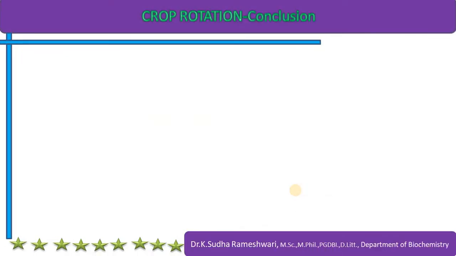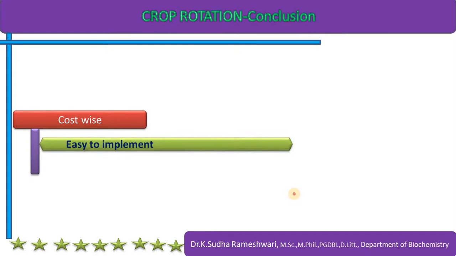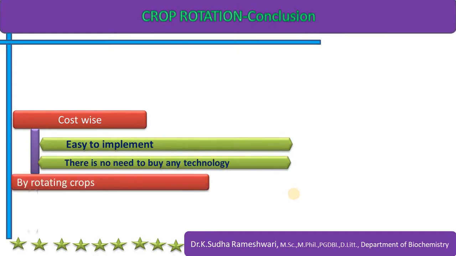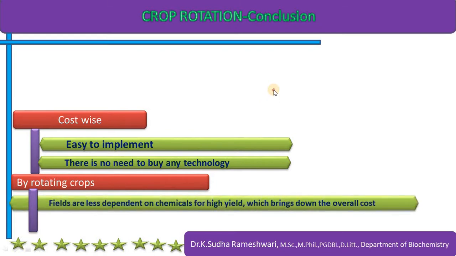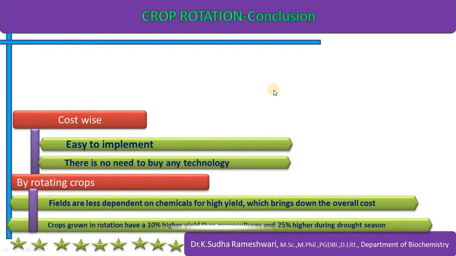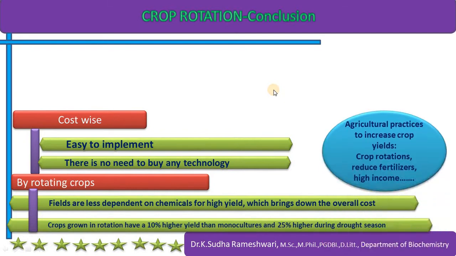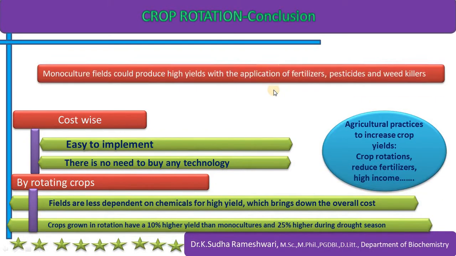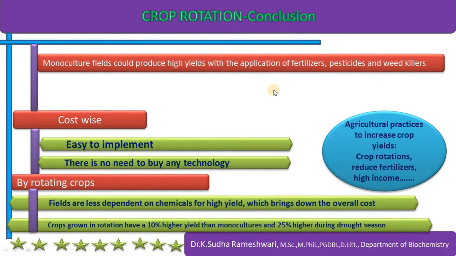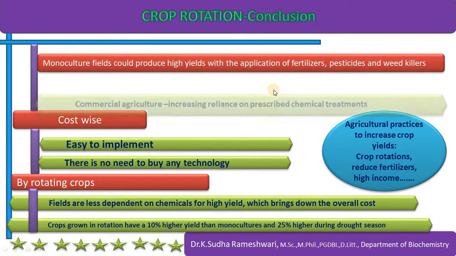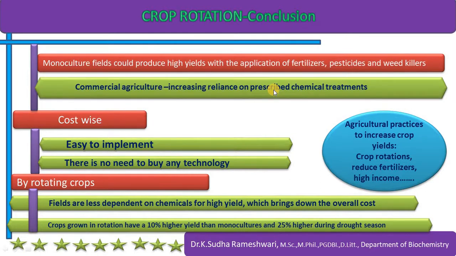Next we come to the conclusion of crop rotation. Crop rotation reduced in popularity in developed nations in the 1950s as a part of the discovery that monoculture fields could produce high yields with the application of fertilizers, pesticides and weed killers. Modern time